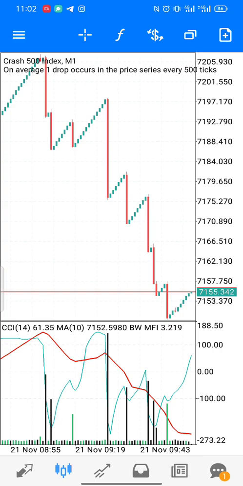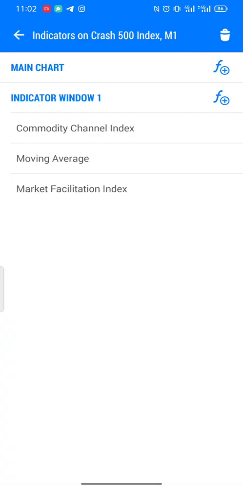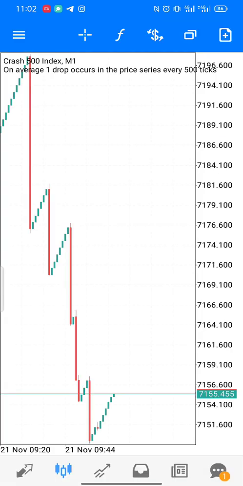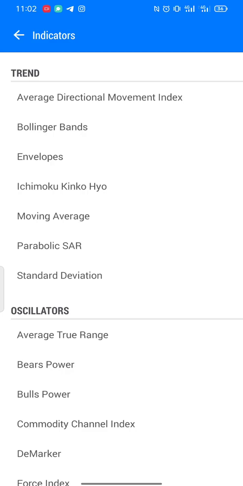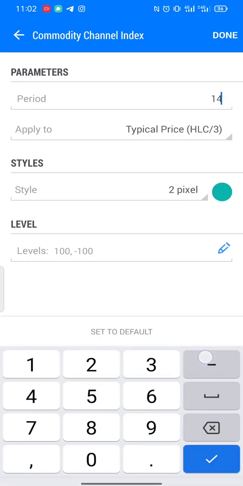So guys, these are the three indicators you need for the strategy. Let me clear my chart so you can see me set the indicators well, so you can learn from it. The first, you look for the Commodity Channel Index. You click on it, select period 14, apply to typical price, style 2 pixel,